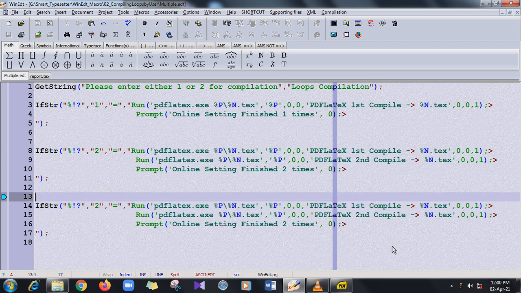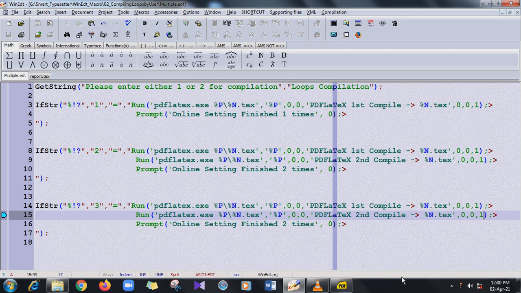Whatever string it was getting in this get string command was stored in this register only. So this register will match the value. So if you give 3, this macro will execute. So PDF LaTeX for first time, PDF LaTeX second time.